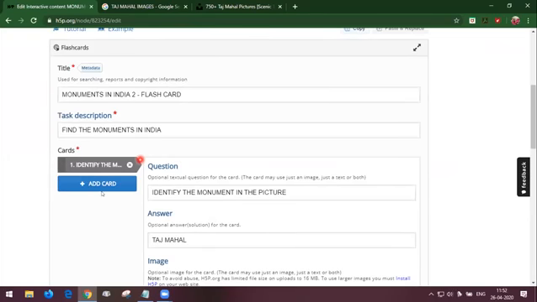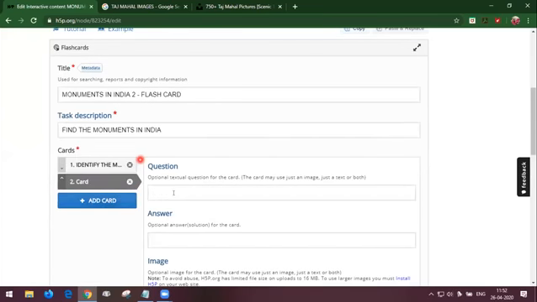Now I'm going to add my new card. For that, I'm going to select add card. The question I already said, I'm going to give the same question. Identify the monument in the picture.